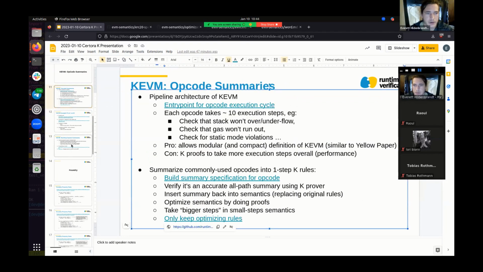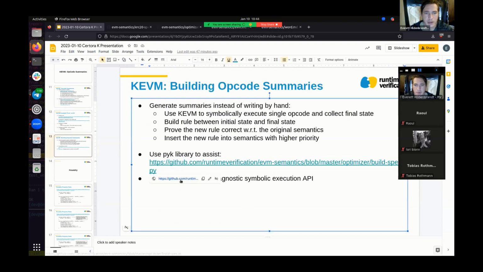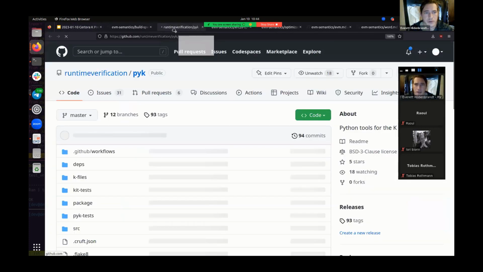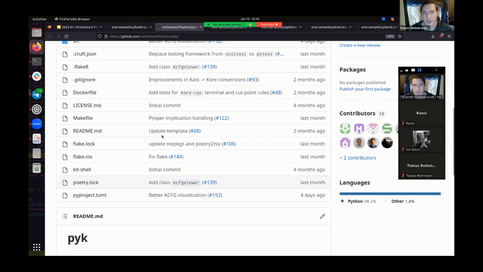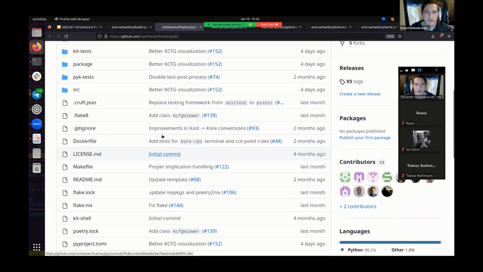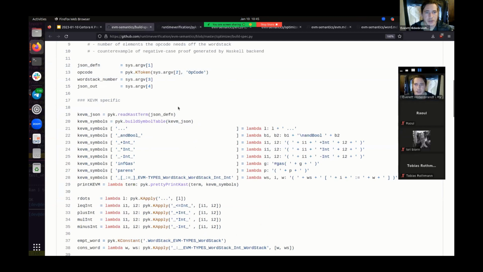So we don't want to manually write these. We have this library called the pick library, which is kind of like a programmatic API to K. It's open source, and it gives you programmatic access to the symbolic execution and stuff like that, all in Python. So you can build a K term, throw it at the symbolic execution engine, get the result back, do some mangling of it, throw it back at the symbolic execution engine, build a proof from some of the terms you have and stuff like that. That's what the pick library gets you. And in particular, it's used here in this build spec script, which basically,